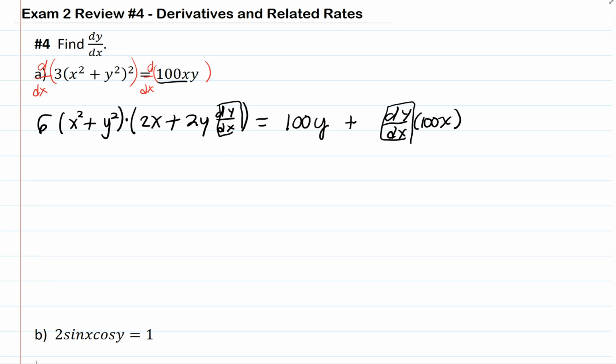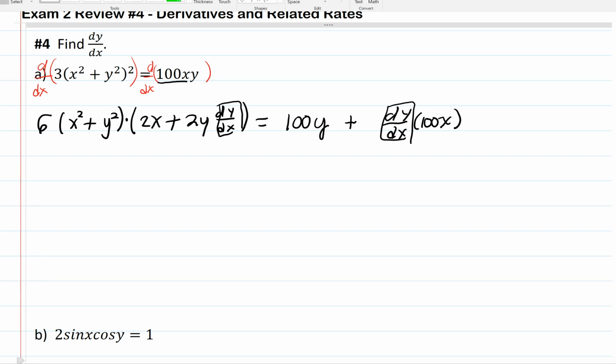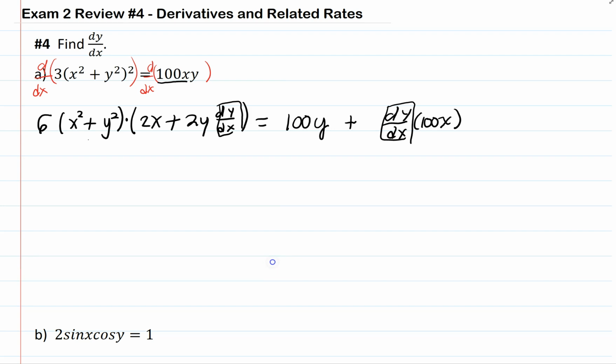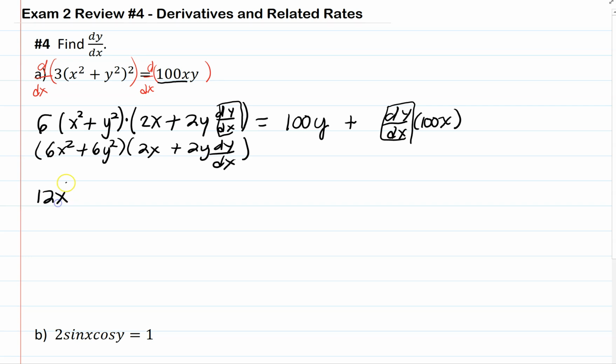So when we expand, we would say, well, we now have 6x squared plus 6y squared multiplied by 2x plus 2y dy dx. And here we would have 6x squared times 2x is 12x to the third. So I will have 12x to the third